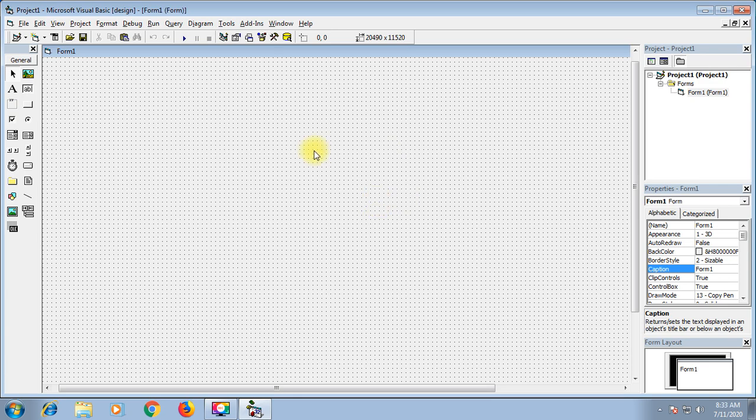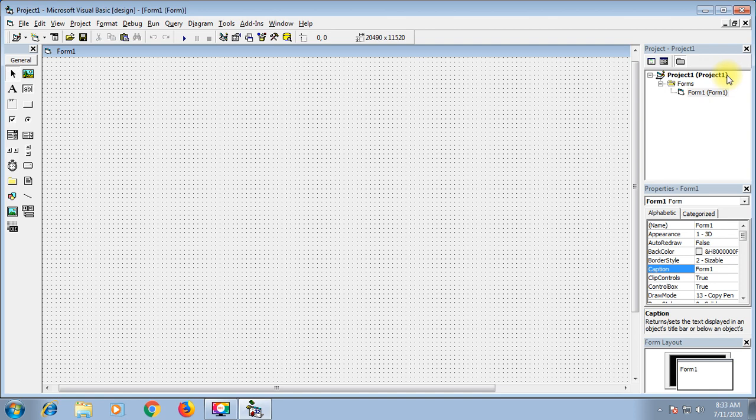Let us have a brief revision of VB IDE. This is the title bar, this is the menu bar, this is the toolbar, this is the toolbox. Guys, this is the form itself where you can do something. This is the Project Explorer window, this is the Properties window. Project Explorer window will show you how many projects are there and how many forms are there under one project.